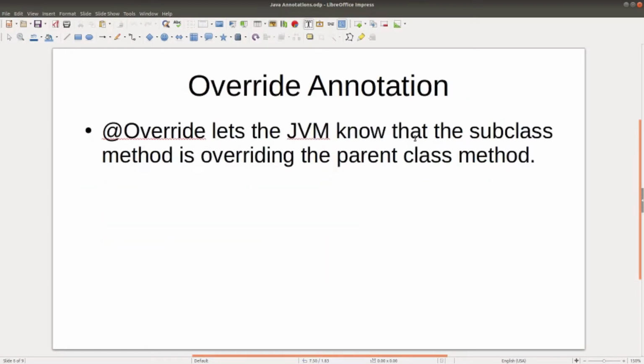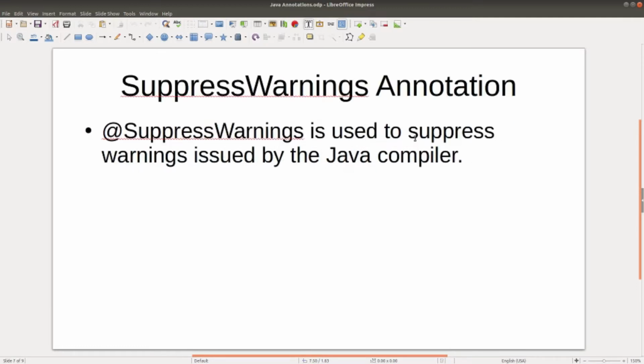The Override annotation lets the Java virtual machine know that the subclass method is overriding the parent class method. And the SuppressWarnings annotation is used to suppress warnings issued by the Java compiler. You know, when you see that yellow squiggly line in the IDE about a warning, SuppressWarnings is able to suppress those yellow squiggly lines that you'll see in the IDE. Now that we have some detail about annotations, let's go into the code and look at annotations in a bit